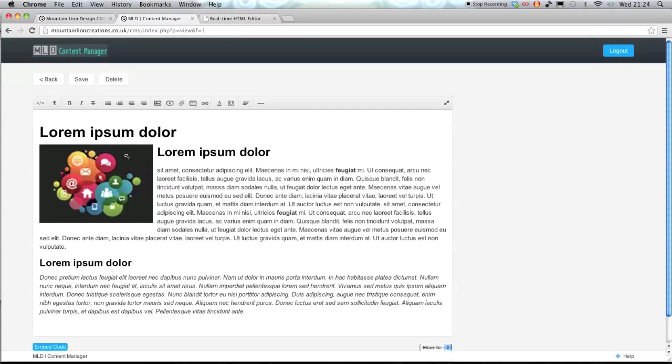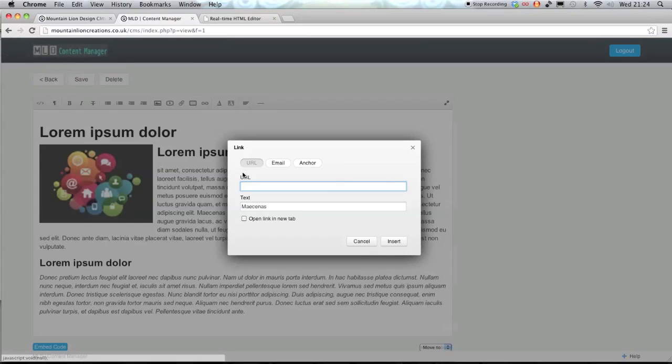Going back to our text edit view, if I want to link this word, for example, what I'm going to do is come along to this infinity symbol here, which, if I press it, click Insert Link, I can add a web page or a different website. It can either be a link that goes to another page of my own website or to a completely different website altogether. So I'm going to type in